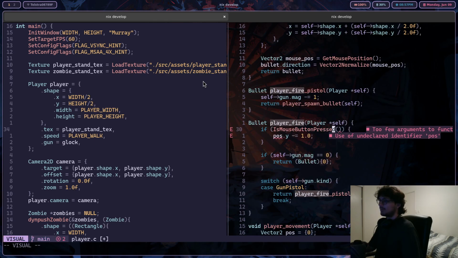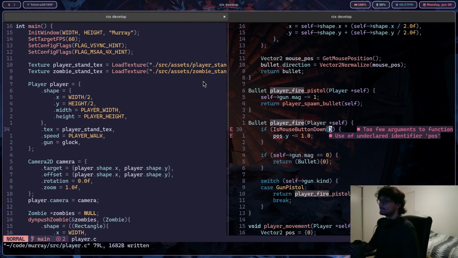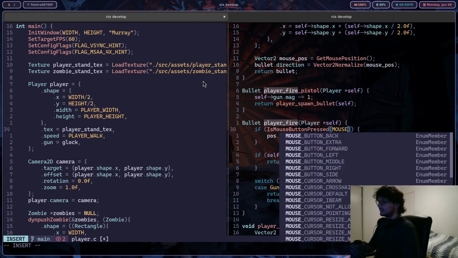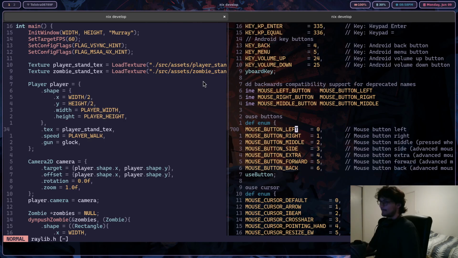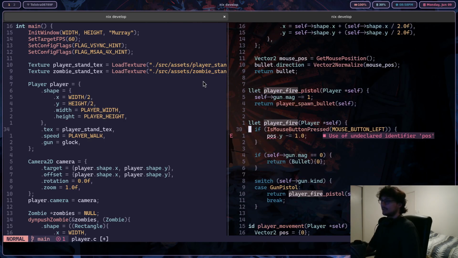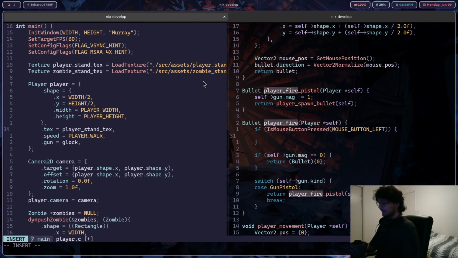Yeah. We'll just say down. Down's fine. No. Pressed. Mouse button left. Yeah. So here, if the mouse button pressed is the left mouse button, actually, we'll say